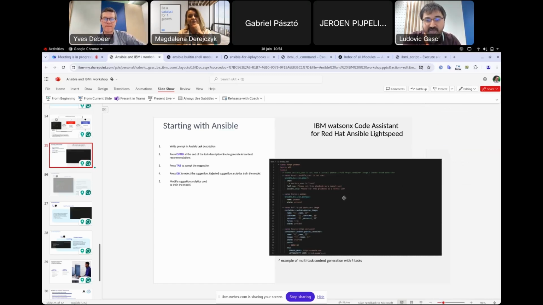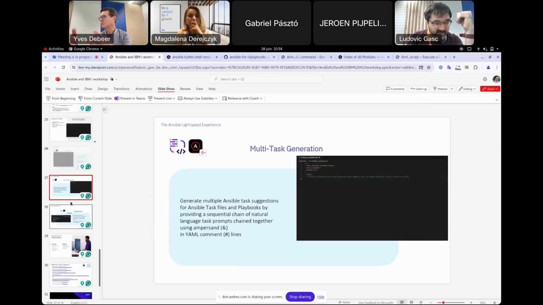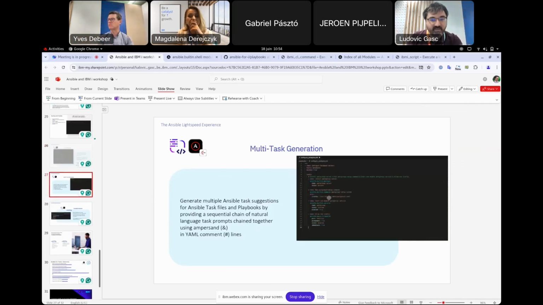Here, as you can see on the animation, you simply type the name of the task, and it will generate several tasks based on the prompt you put on it. It's not just one task, but if you say this and that, you can create multiple tasks for that. As you can see here,